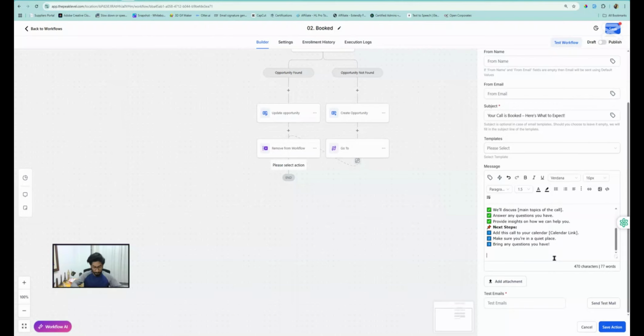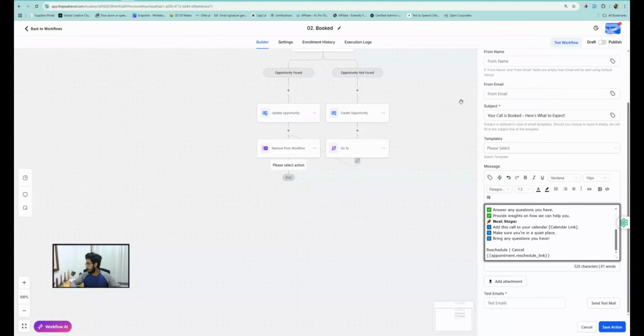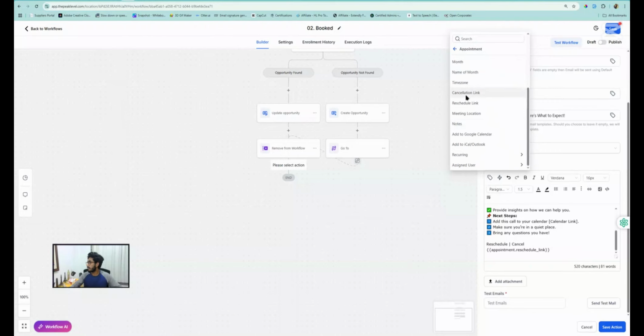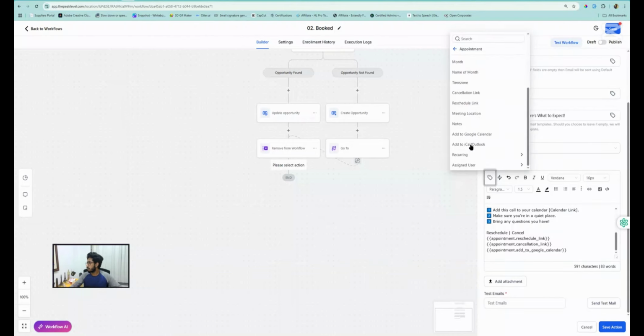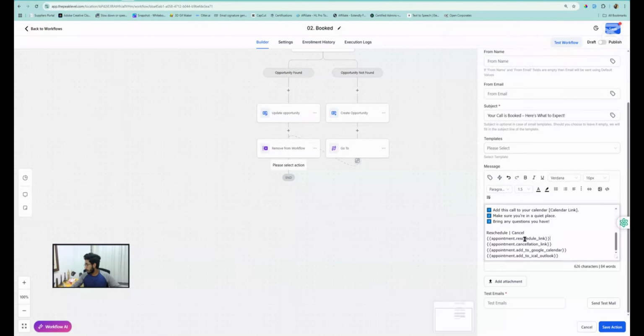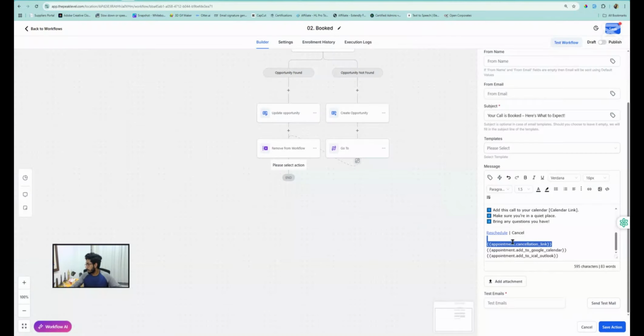But the next is, we want to allow them to reschedule. Actually, this is how it shows the reschedule and cancellation. And then what I'm going to do is go here under the custom values, the schedule link, and then I also need the cancellation link. Then I actually need add to Google Calendar, and then add to iCalendar and Outlook Calendar. What I'm going to do is copy this, select this reschedule, hyperlink it with the custom value, that is going to be this one, and I can open it up in a new tab. The same thing I'm going to do with the cancellation link,